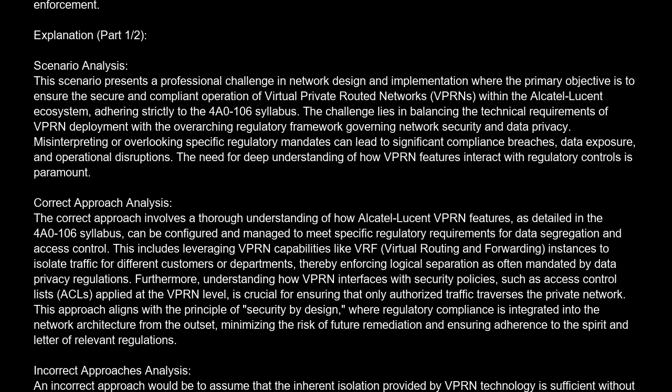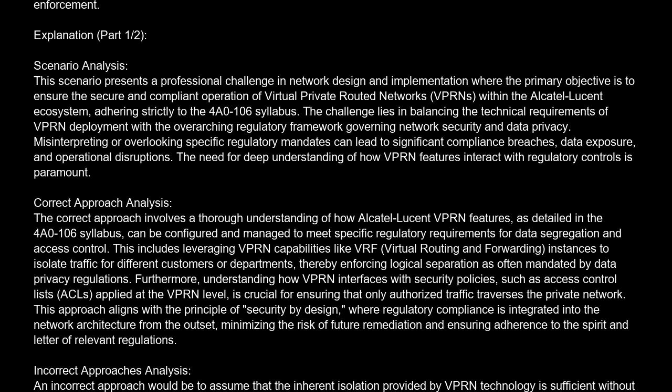The correct answer is D. Relying solely on the inherent logical separation provided by VPRN technology without specific security policy enforcement. Explanation. Scenario analysis. This scenario presents a professional challenge in network design and implementation where the primary objective is to